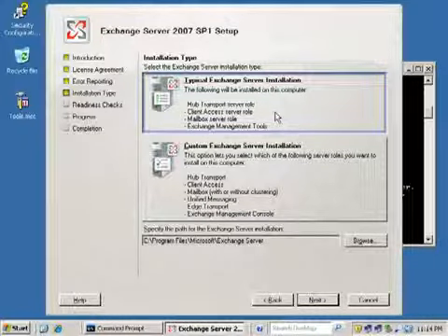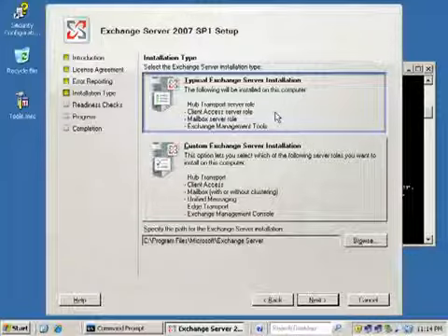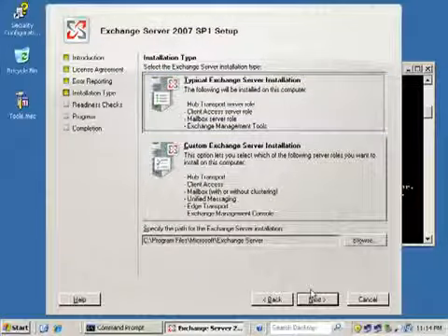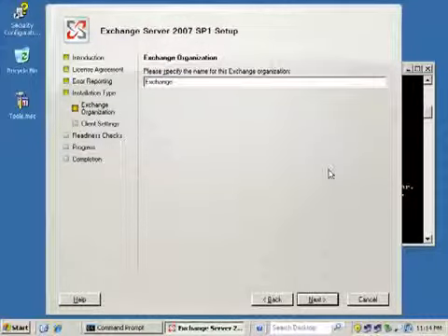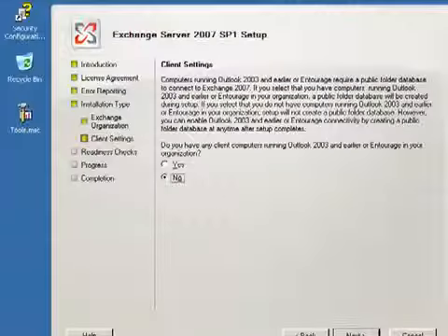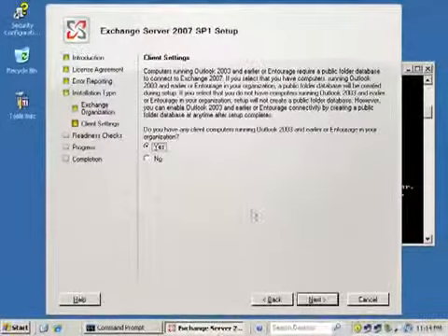If you really need the scalability of a custom install, by all means go for it. You can have one server that's just a CAS server. You could have one server that's going to be just the mailbox server. And we'll call this Exchange 12 Rocks. Okay, we're going to support the mix of clients. We'll have 2003 and 2007 Outlook clients,